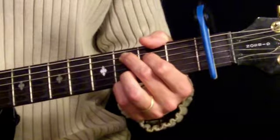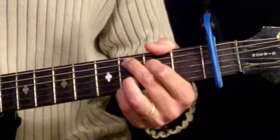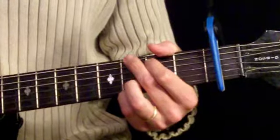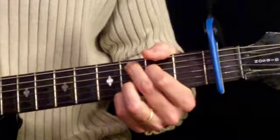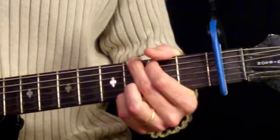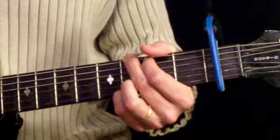Okay, the intro to the song and the whole song features a capo on the first fret. Now, the capo can serve quite a few purposes. It makes the string sound a little brighter as we move it up the frets. And in the case where a vocalist is singing over the chords, it can make the chord sounds accommodate the